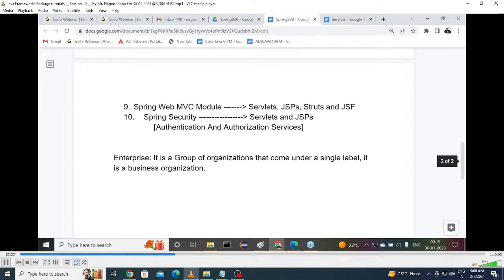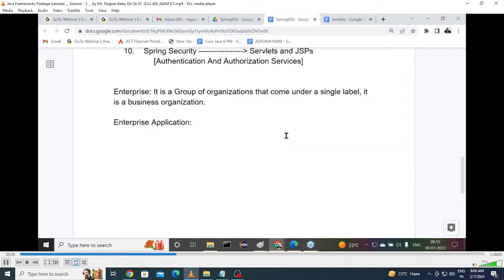Good. Then after that, what is an enterprise application? In general, I'm telling you the meaning of an enterprise application. What's the meaning of it now? The name itself is giving a suggestion for us. What is the meaning of an enterprise application? It is a software application.